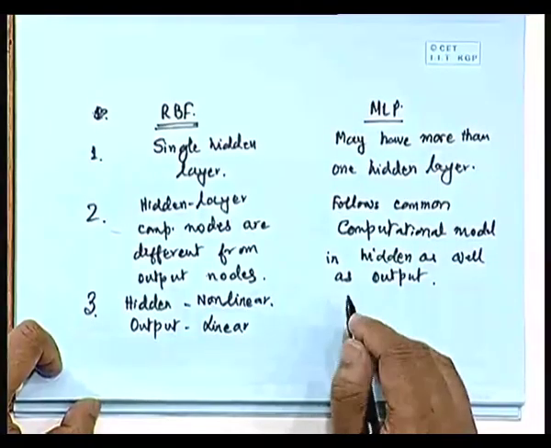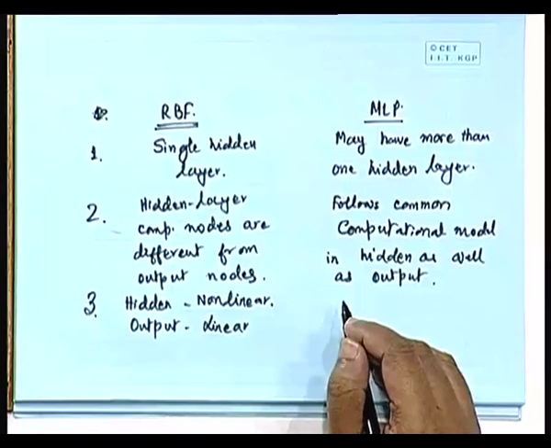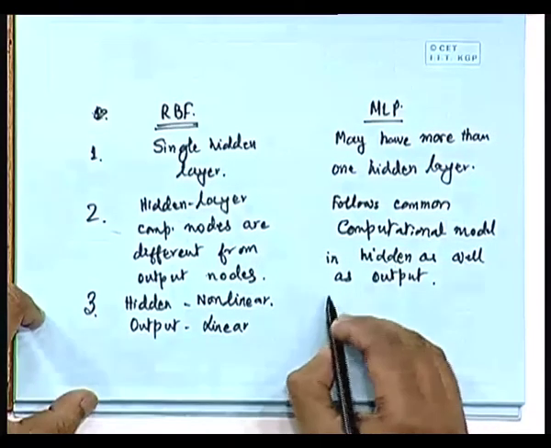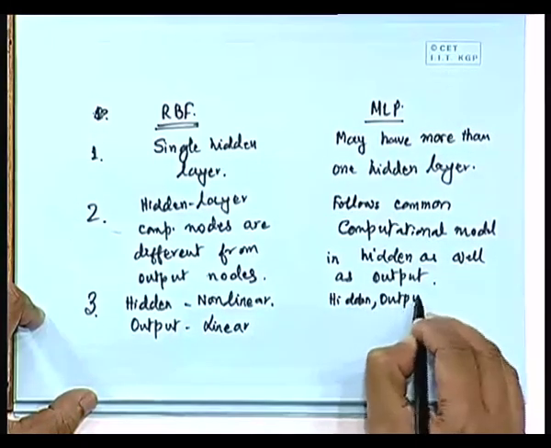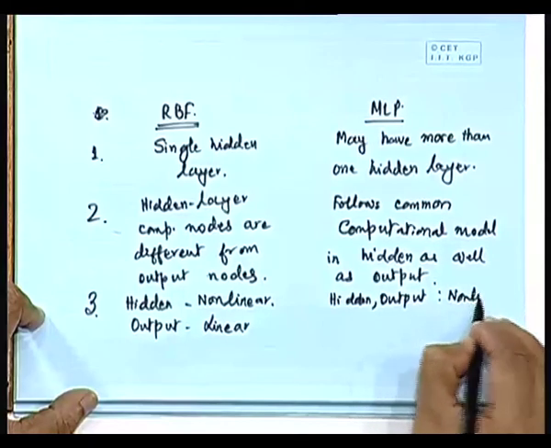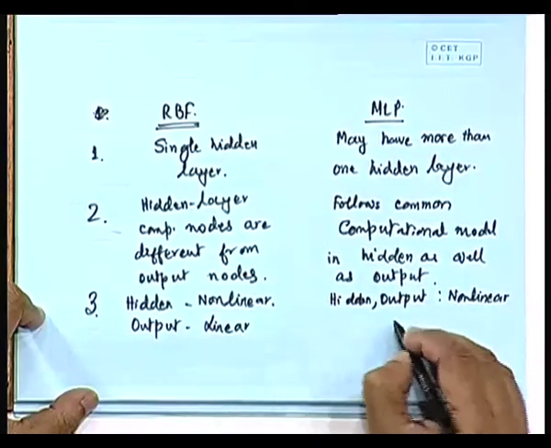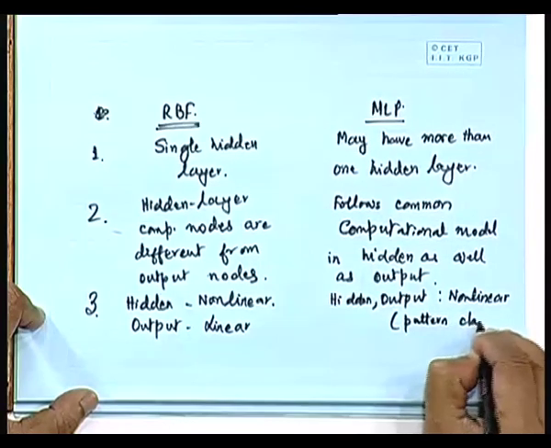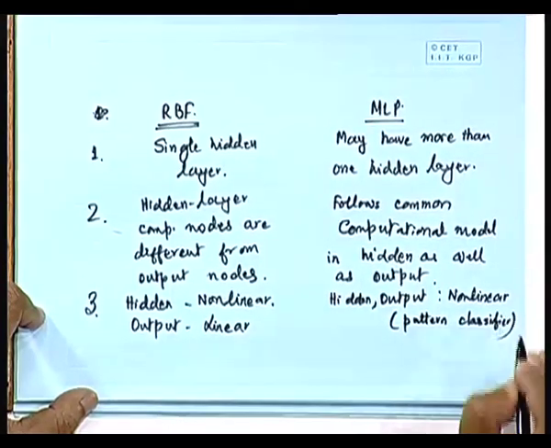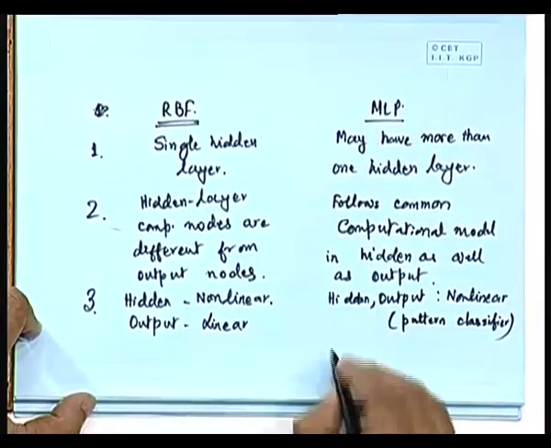Whereas in the case of multilayer perceptron, what happens? I mean, hidden is nonlinear, output also nonlinear. We are using the sigmoidal activation functions typically. So, hidden and output, okay, both are nonlinear. Although this is actually true when we are using the MLP as a pattern classifier. As a pattern classifier, we will be using both hidden layer and output layer as nonlinear, whereas for